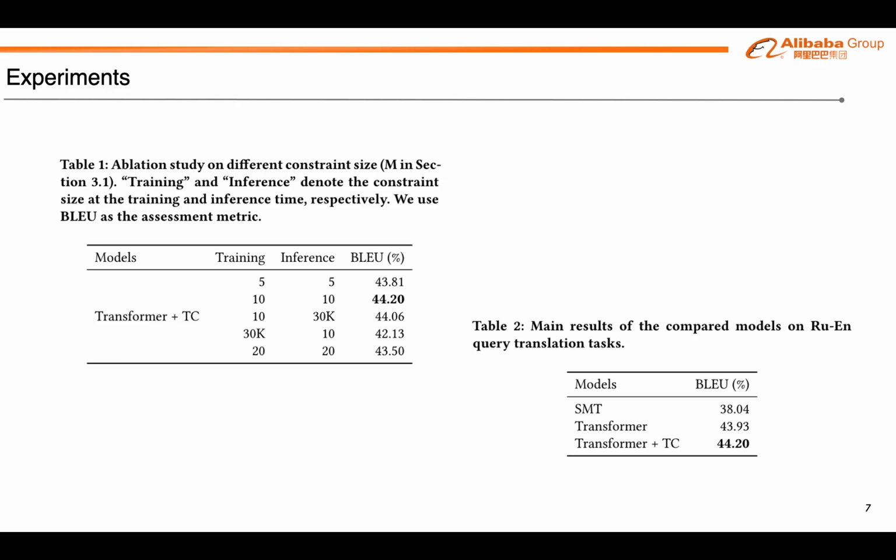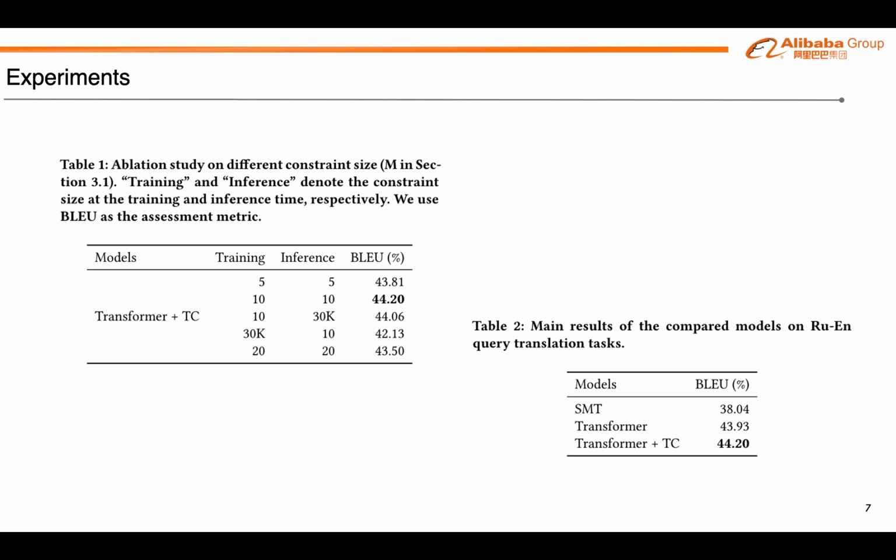The larger constraint size offers a flexible manner to select predictions, thus yielding better performance. However, when the size rises to 20, the translation quality reduces. We attribute this to the fact that unrelated candidates cause error propagation from TF-IDF or word alignment, and lead to